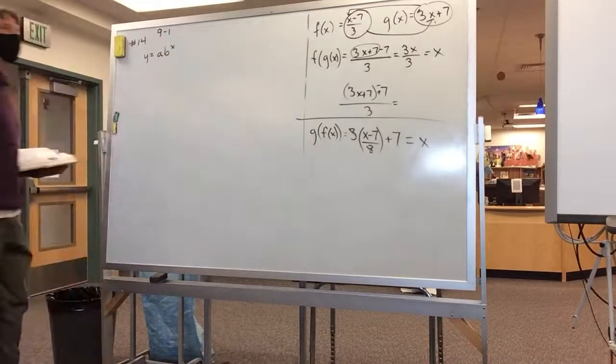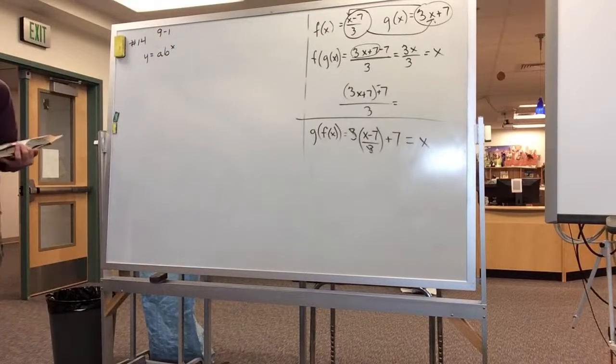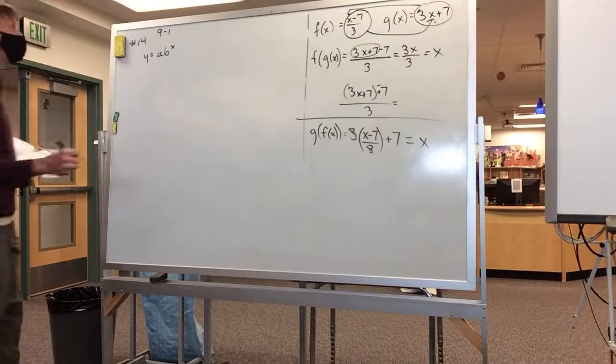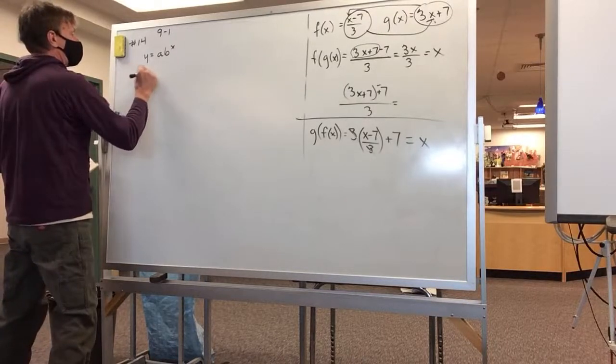B is the growth factor. So what are we going to call the growth factor? 1.18. Yep, you got that because you have the 100% plus 18%. Okay, so